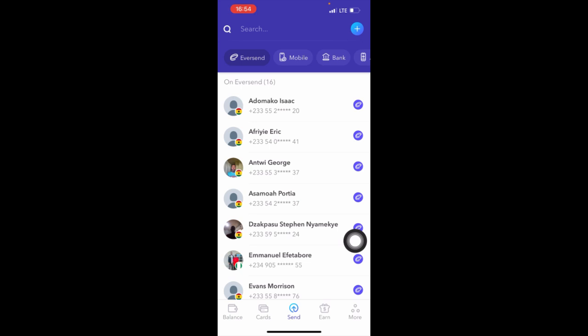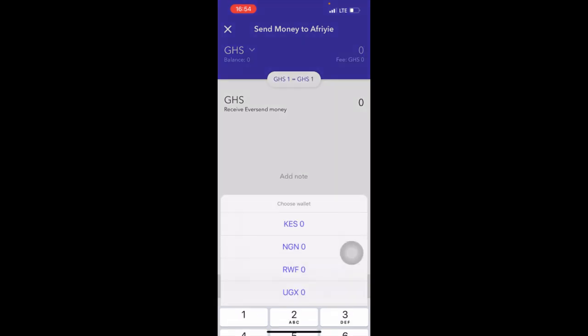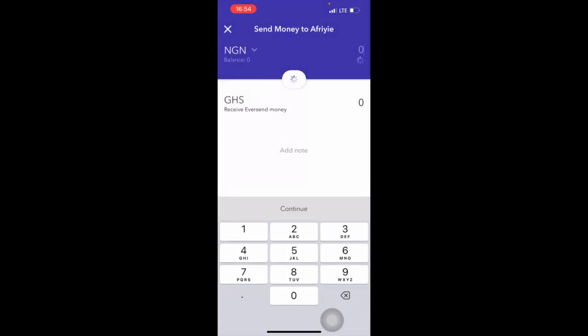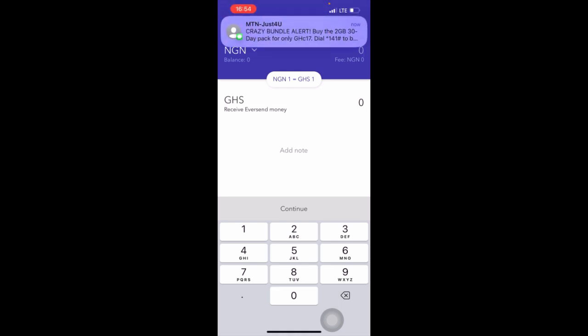Send. So let's assume you are sending to this person. If it's naira, it will be in naira like this, and the person will receive the money in Ghana cedis. So when the person receives the money in